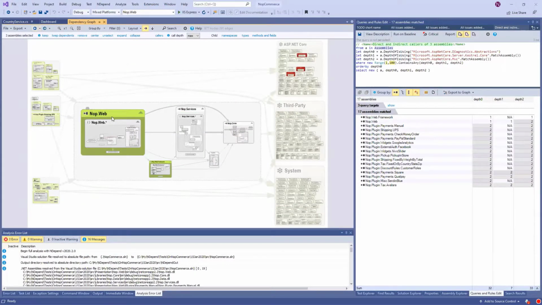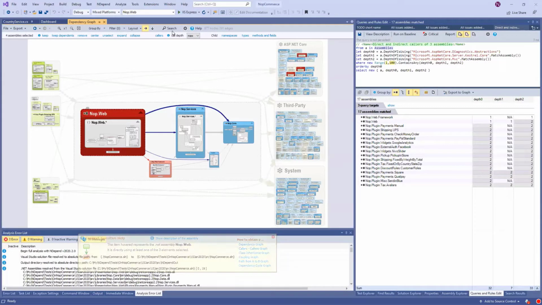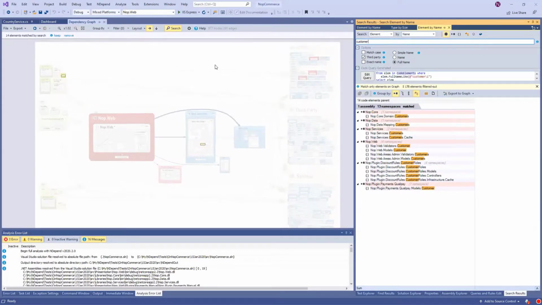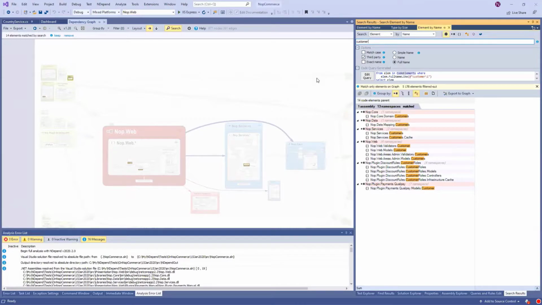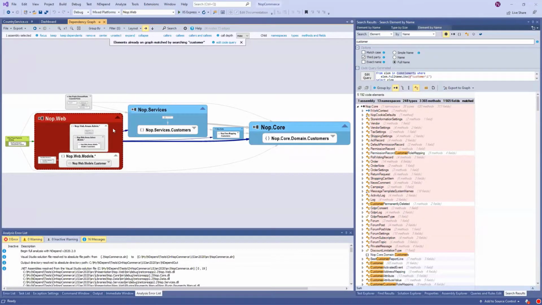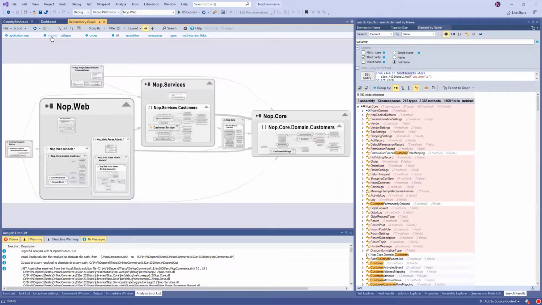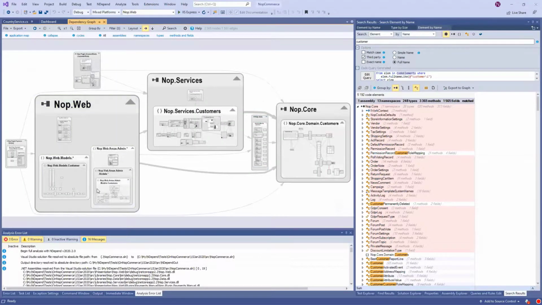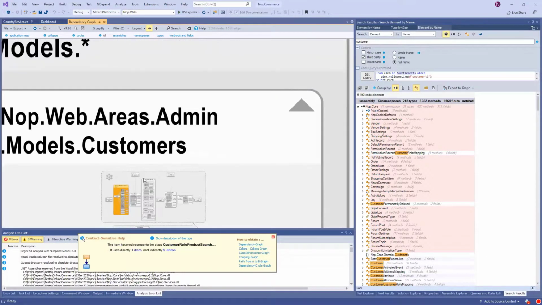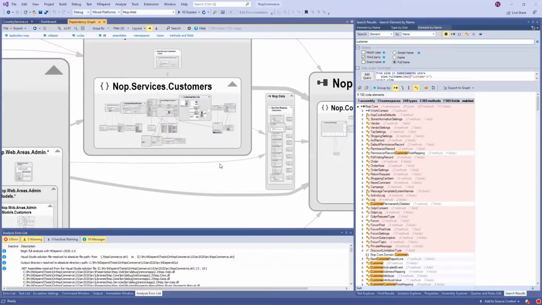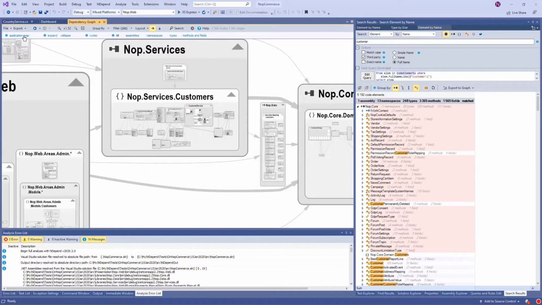Okay, so let's go back to this view. For example, if I want to focus on the customer domain entity in the domain, I just click search, I type customer, and then I can keep all these. And here I have all my namespaces or assemblies related to customer. And exactly as before, I can expand it, and I can even expand it one more. Okay, and now I have everything about the cluster with all the methods, all the types, etc. Okay, so let's go back to the application map.